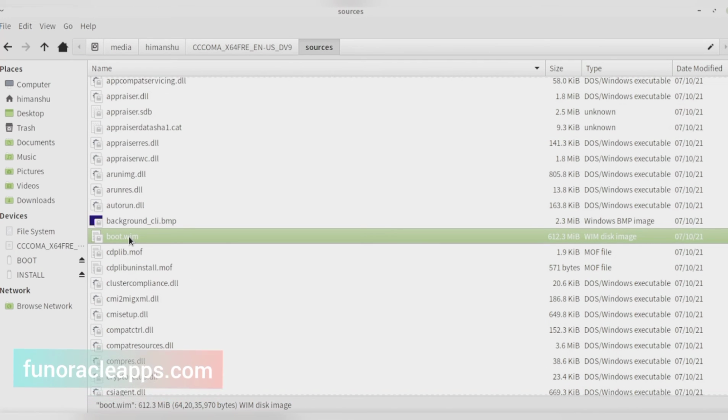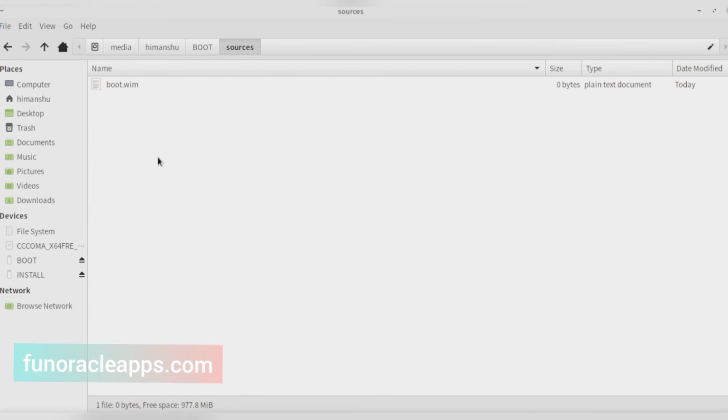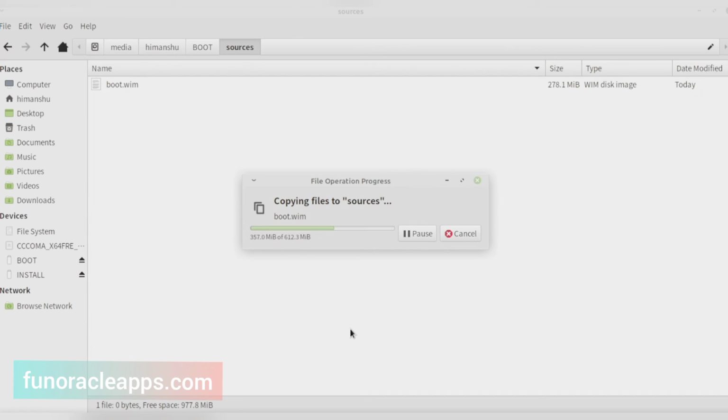Just copy this disk image with Control C, go to my boot sources and paste it. That's it. So in our boot partition, we have copied all the files that were required.